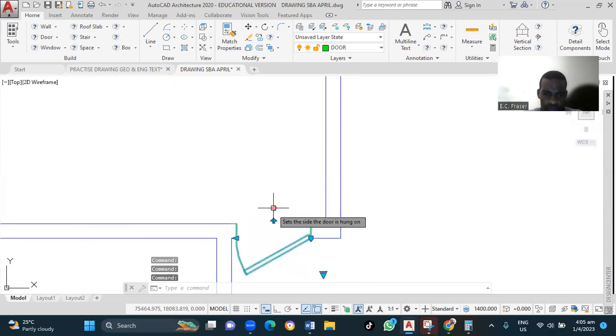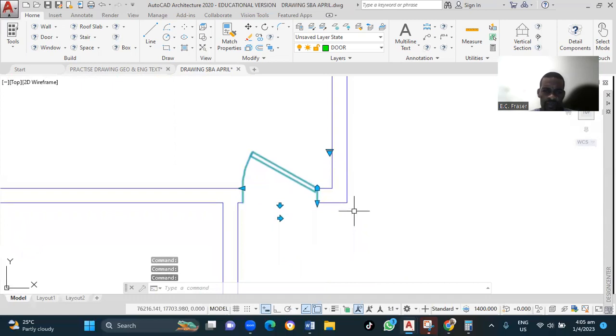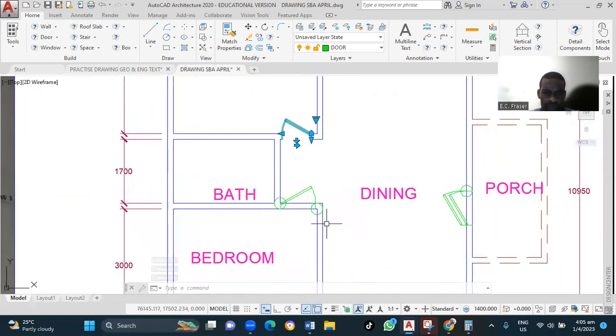Now I can flip this door, flip it in. I can also flip it this or that way. It's totally up to me. All right, flip it in. So it's up to me to determine how I want this door to open. All right,